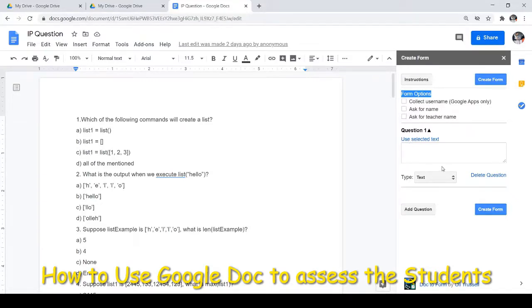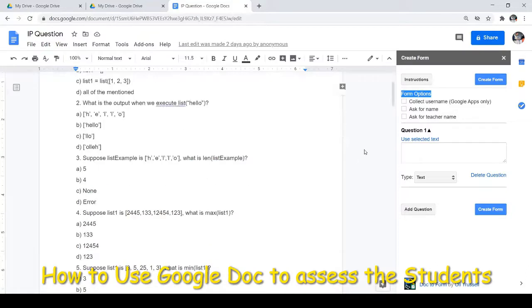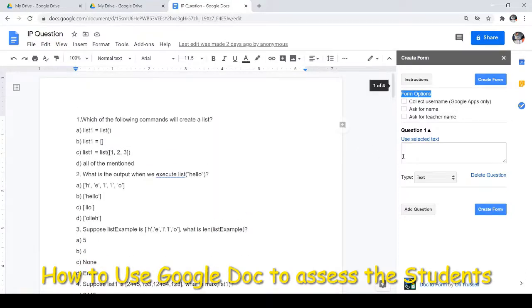To move further, as you see here, we have some options like Use selected as question number 1, Use selected text. If you want to add a question, you just select the text, then click on Use selected text. That will be displayed in the box.